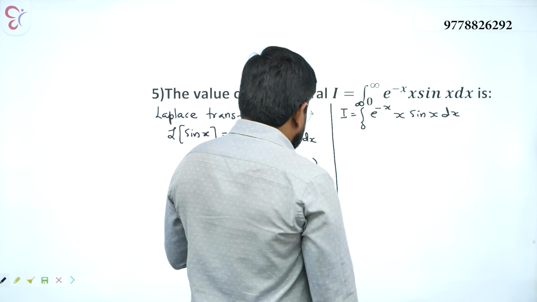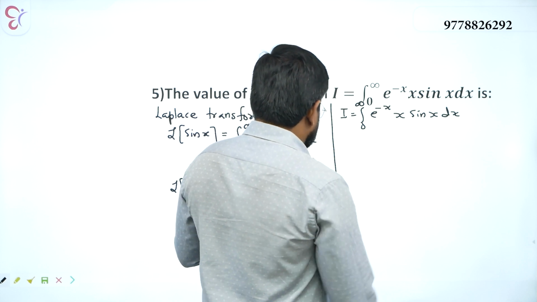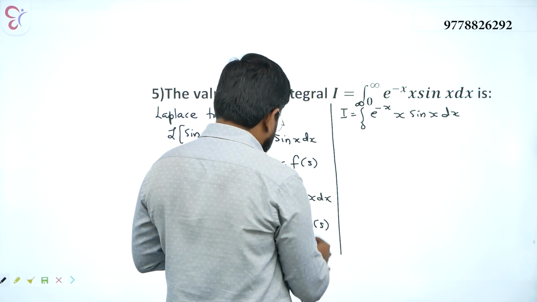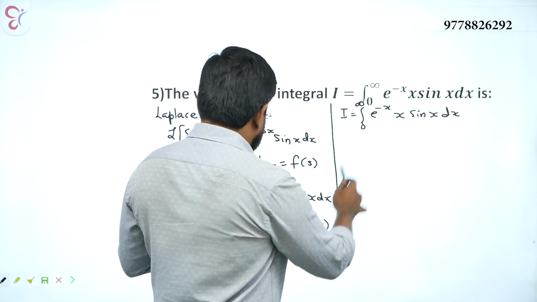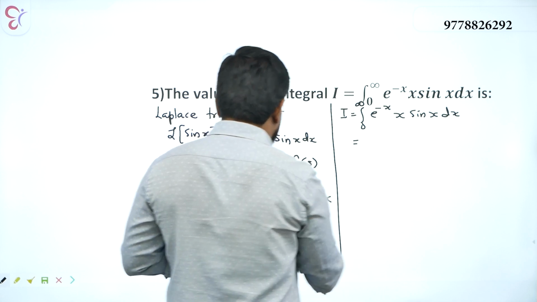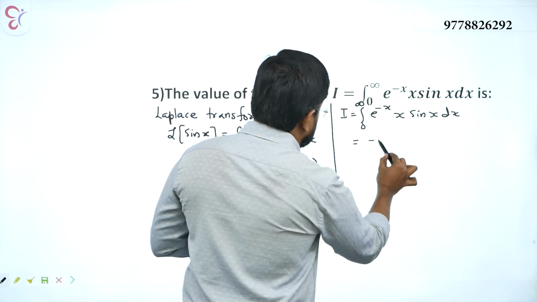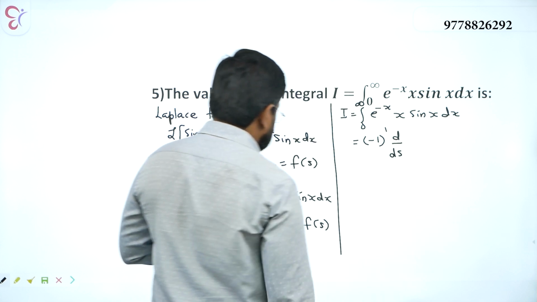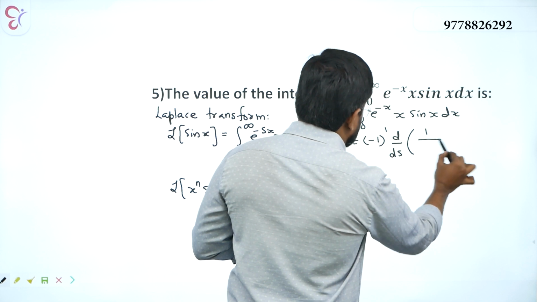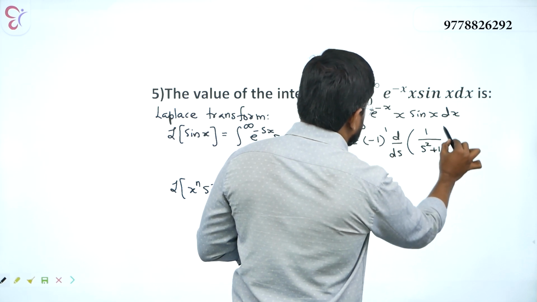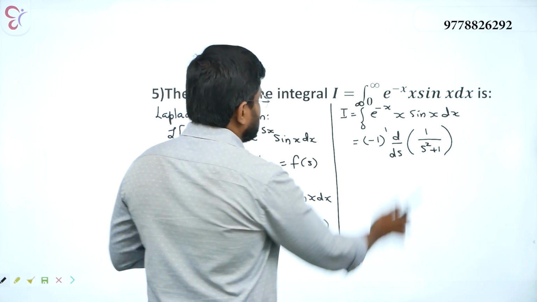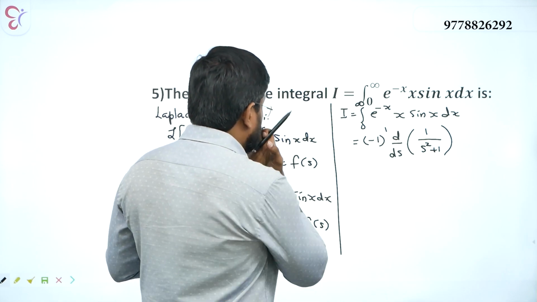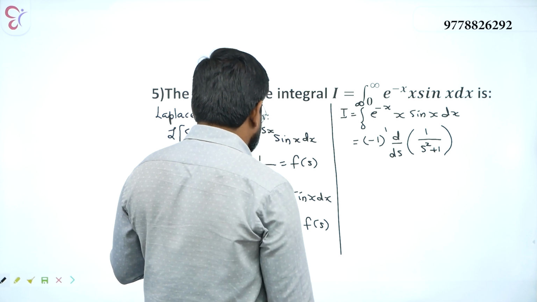So we got f of s as 1 by s square plus 1, and therefore this integral, since n is equal to 1, is minus 1 whole power 1 d by ds of f of s. What is f of s? 1 by s square plus 1. S is also 1, but wait, we will do it. So minus 1 whole power 1 into d by ds of